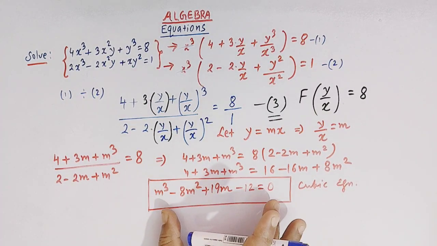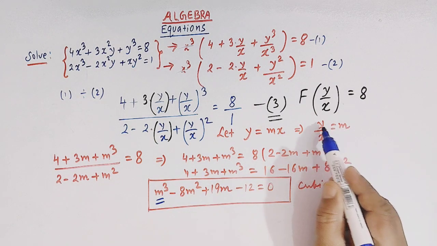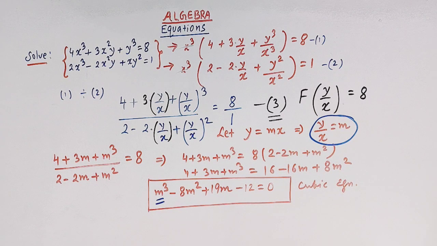So now this is a cubic equation in the variable m, and m is connected with y and x by this equation, right? So what we will do here, we know that a cubic equation has three roots, right? And here we'll try to first find out the three roots, that is we'll find out the value of m, right? So for this we'll take help of a simple algebra from earlier classes, and here we'll make use of